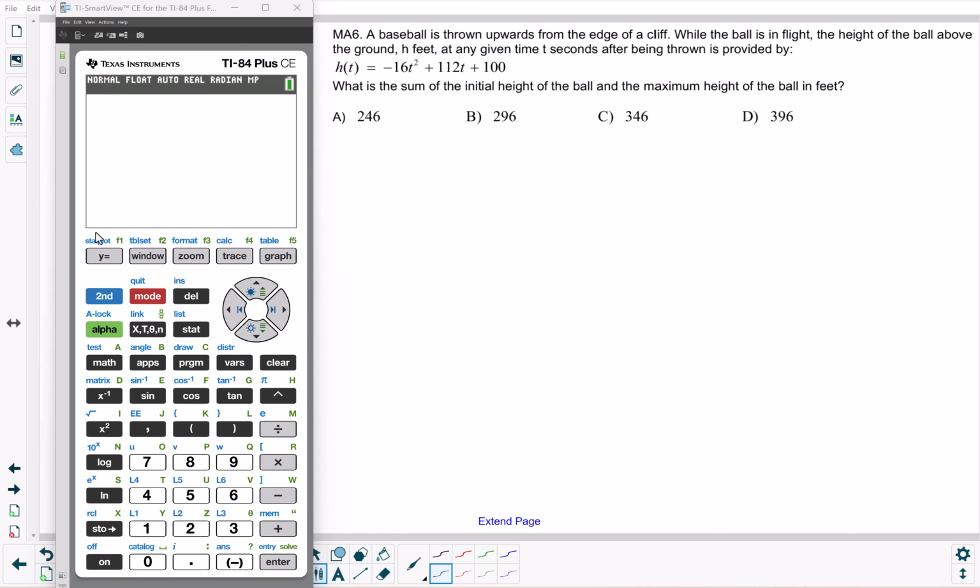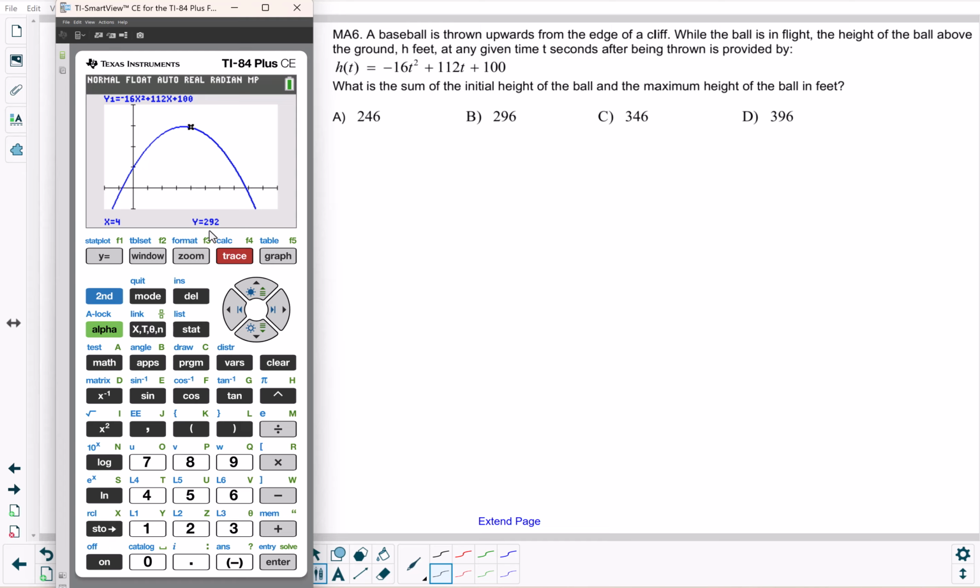So to do this, I'm going to type this equation into y equals, in terms of x instead of t, get an appropriate window, and graph it. Now, some people think that's the flight of the ball, and it isn't. This is the height versus time. So when I trace, for example, it says at 4 seconds this is the height of the ball, but that is not the